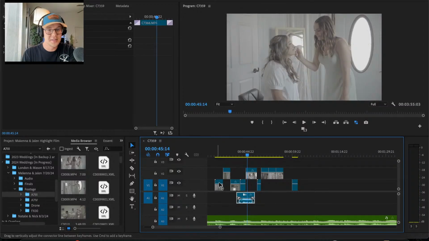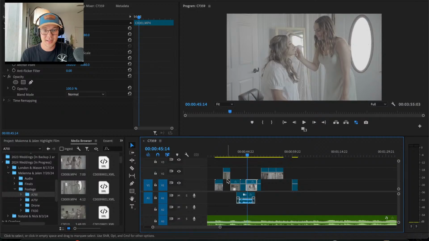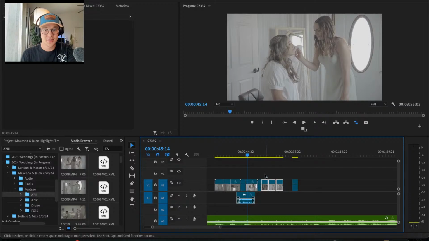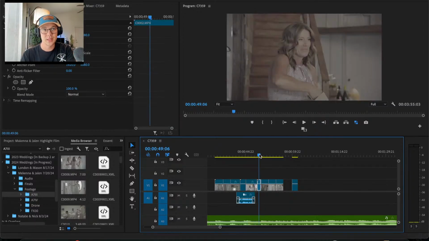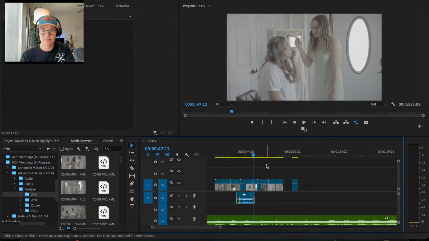And really, it's genius how some people can match these clips to music, even when you don't have to match it to a beat. It's crazy how some people can logistically add a crap ton of clips in the duration of the highlight film and make it look good. Because you also want a good flow with it. You don't want it to be too fast. You don't want the cuts to be too slow. So